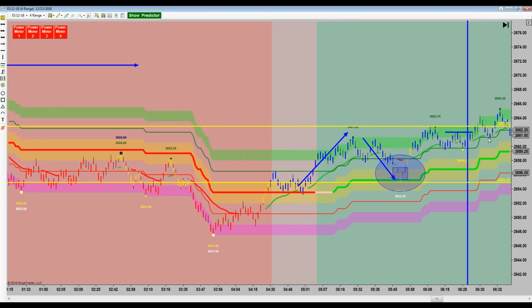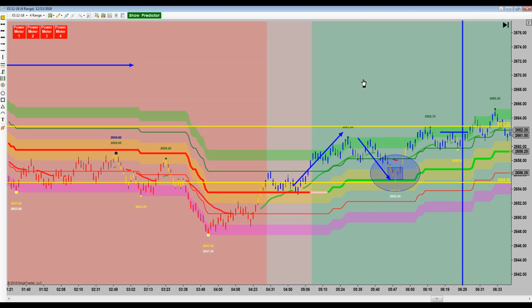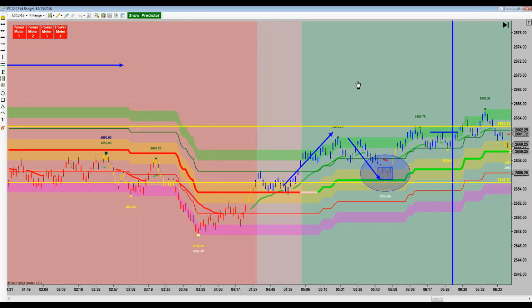Okay, so initially it pulls against you. You're upside down. You're feeling a little panicky. Then it moves in your favor a few ticks. You're feeling better. You're thinking this thing's going to go all the way. And sure enough, look, it comes right down there. And guess where your initial stops were sitting from where you got long? Yep. Somewhere down in here. And look at that bar. That bar just nicks your stops, and you get taken out for a loss right at the open. Remember we talked about that?